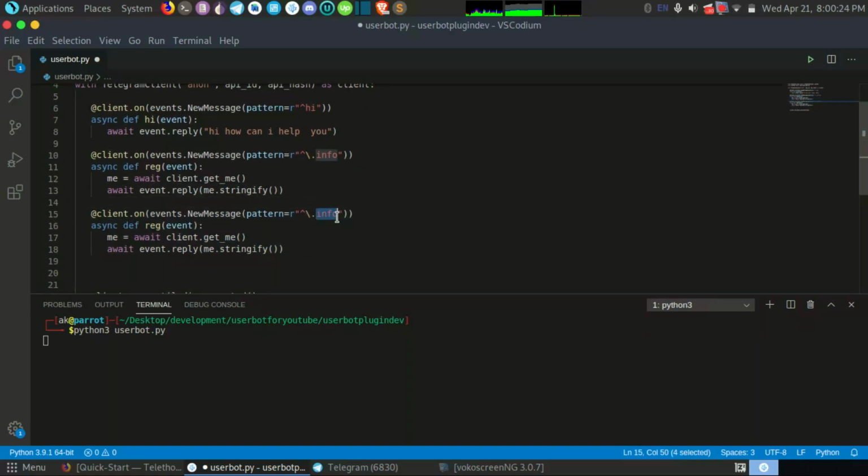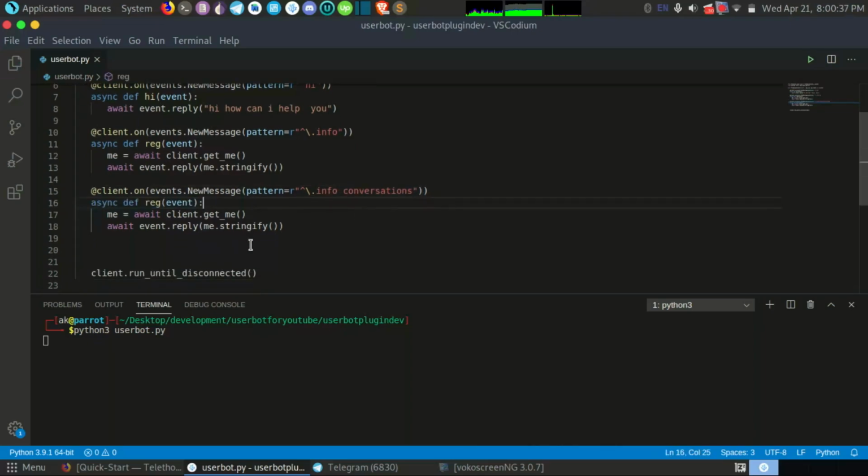So let me put here info conversations, okay, and see what I will do. First of all, let's change the name because we cannot give the same name to all functions. So info con, and now I will remove this line